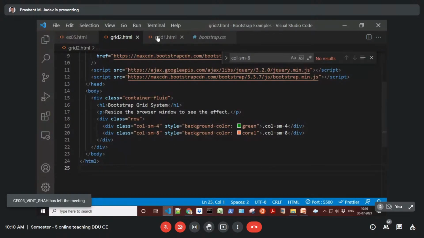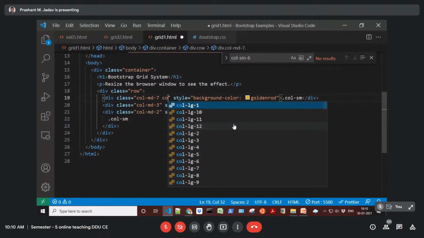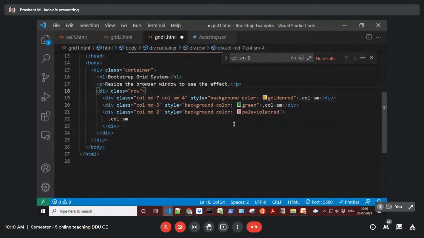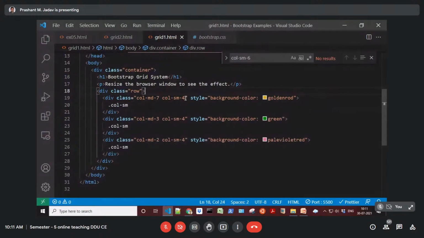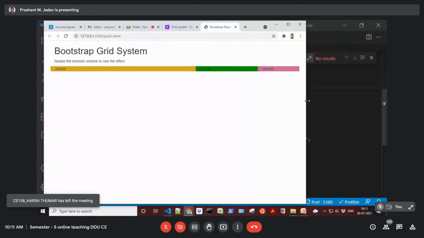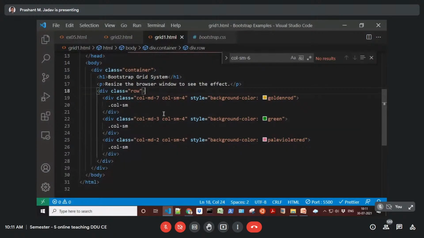Let us see this example, or the same example we can change to see what should happen: column small 4. So you can see how the layout gets changed for screen size of medium. The proportion is 7:3:2.